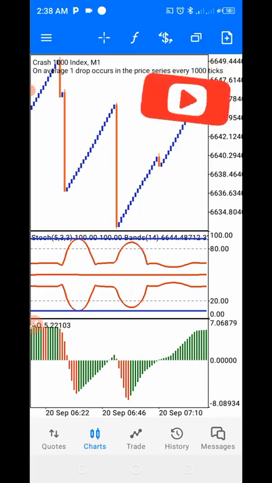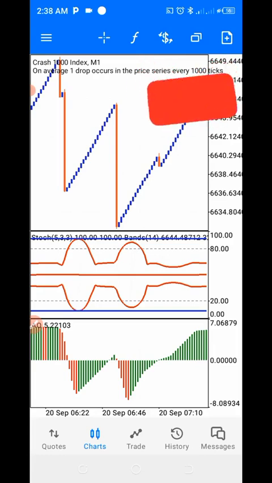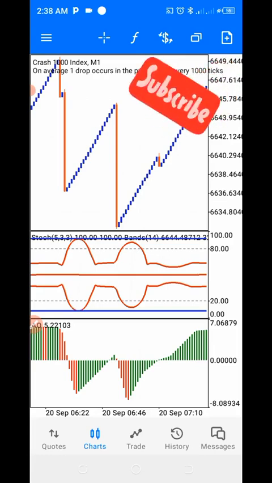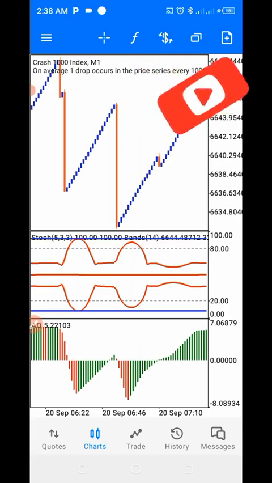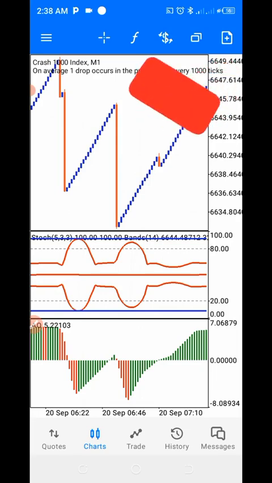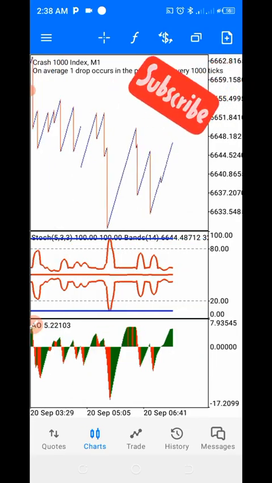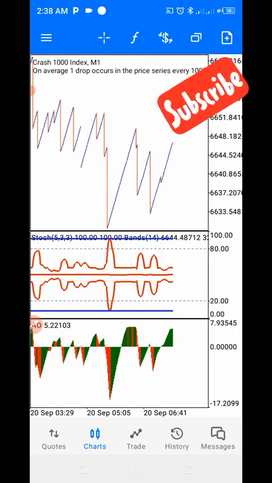Trading has to just be fun, right? So the strategy is we are going to be using two indicators. The first one is going to be our indicator window 1, and the second one is going to be our indicator window 2. But first and foremost, the first condition we'll put in consideration is the zoom level. So for the zoom level, this is zoom level 0 for those of us that use Android, and zoom level 1 for those of us that use iPhone.